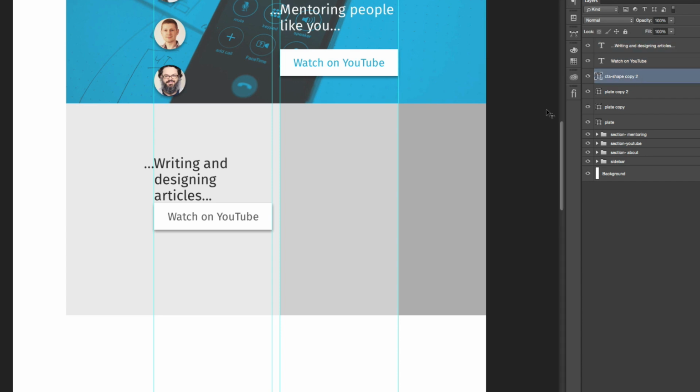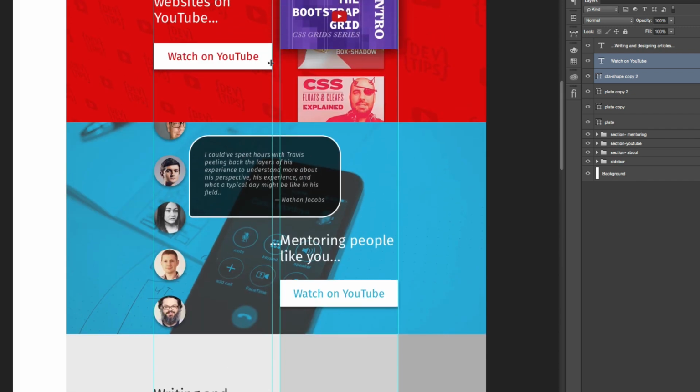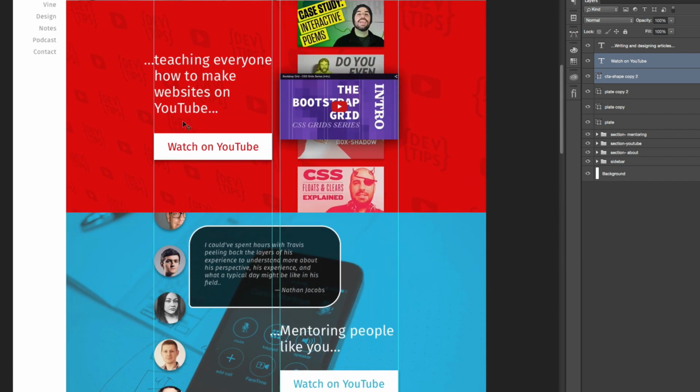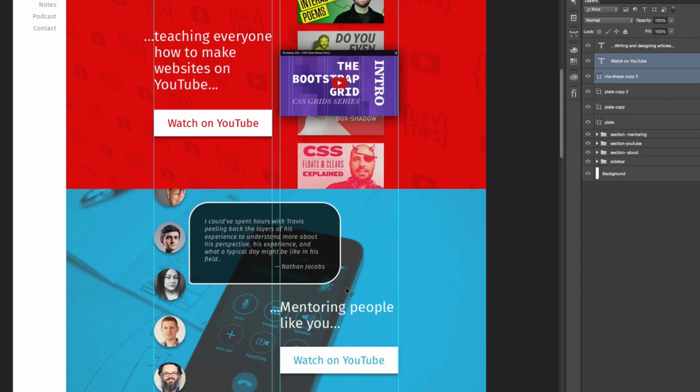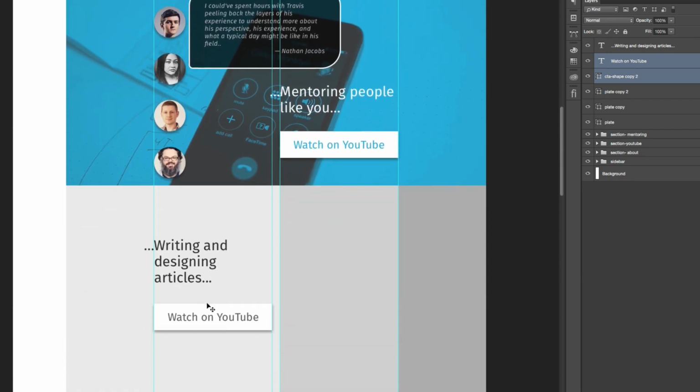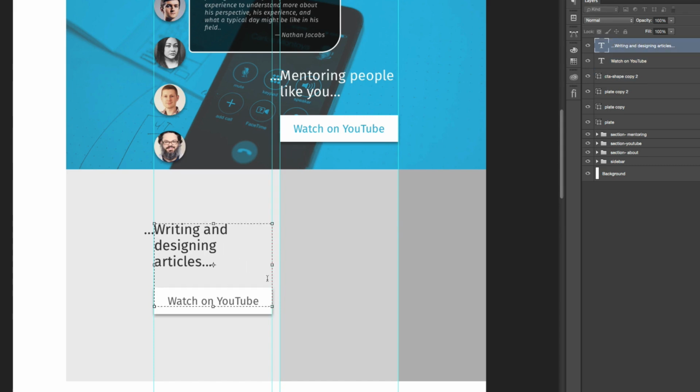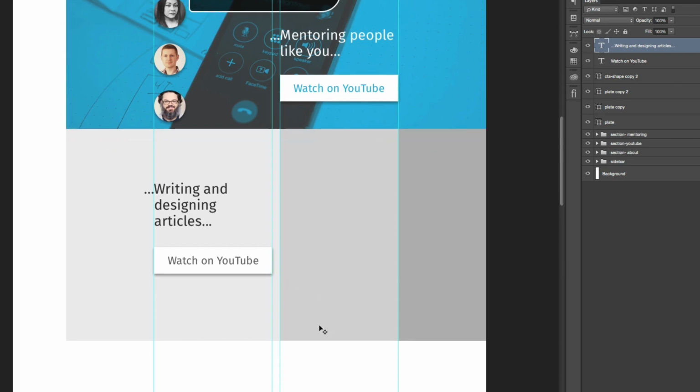Let's move the button down 50 pixels. 1, 2, 3, 4, 5. So that's what we have. We have 50 pixels. The space between here is 50 pixels, but the space between these all can change. That's kind of like the new rules we're deciding. And writing and designing articles. So this might be interesting if I take